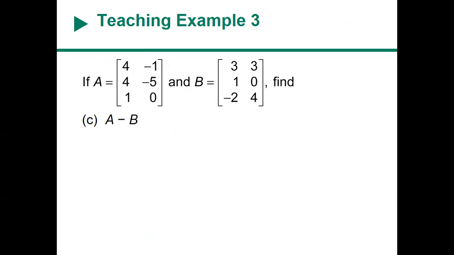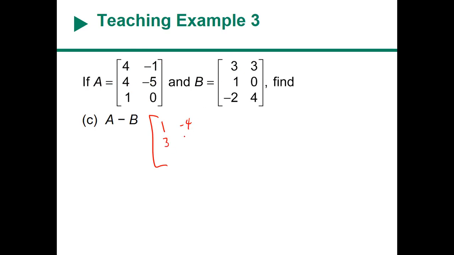Now, order matters when you are subtracting. Does that make sense? Order matters when I'm subtracting. So now I'm subtracting every element. When I'm subtracting, if it says A first, that means I'm doing 4 minus 3, and 4 minus 3 is 1. -1 minus 3 is -4. 4 minus 1 is